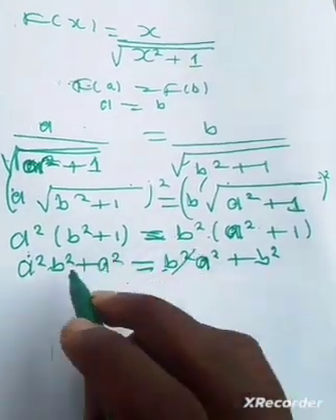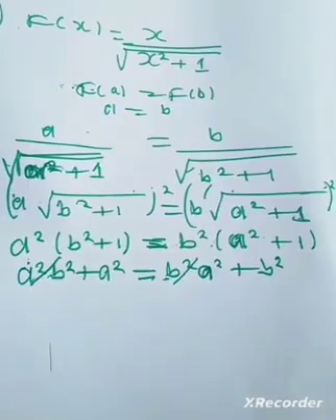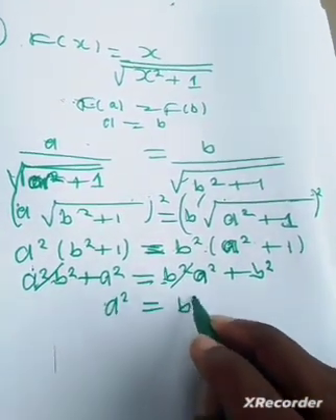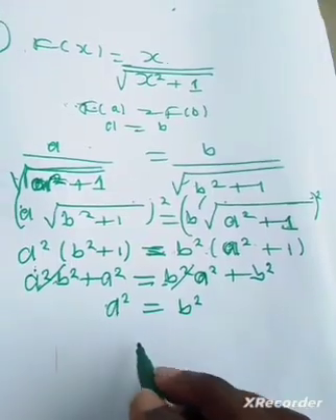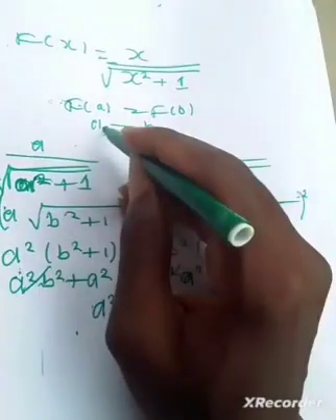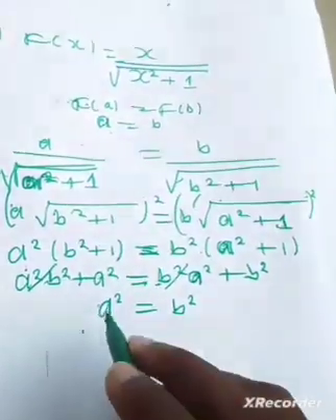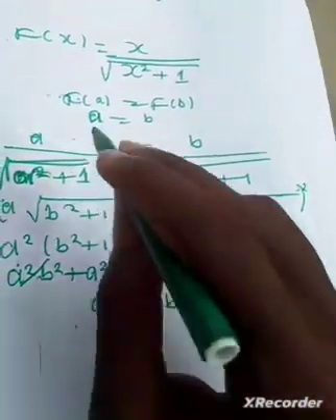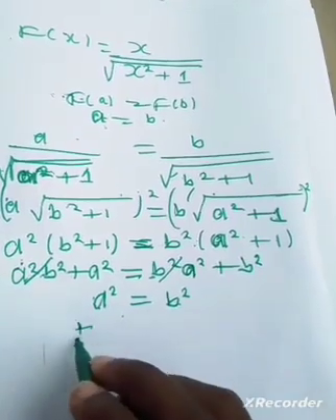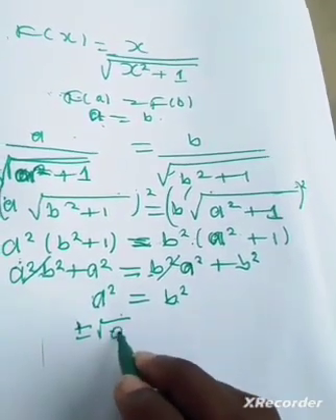Now this and this will cancel because they are on both sides, and we have a power 2, b power 2. So now look, our goal is that when we simplify, we should end up with this. Is there a way in which we can simplify this such that we just end up with a and b? Let's try to introduce square roots. When we square root both sides,